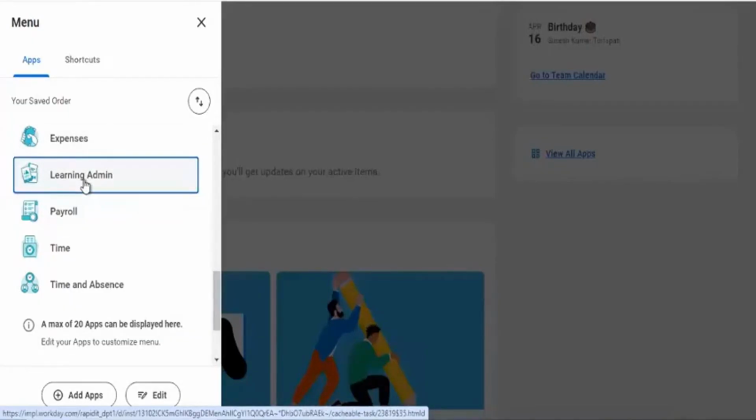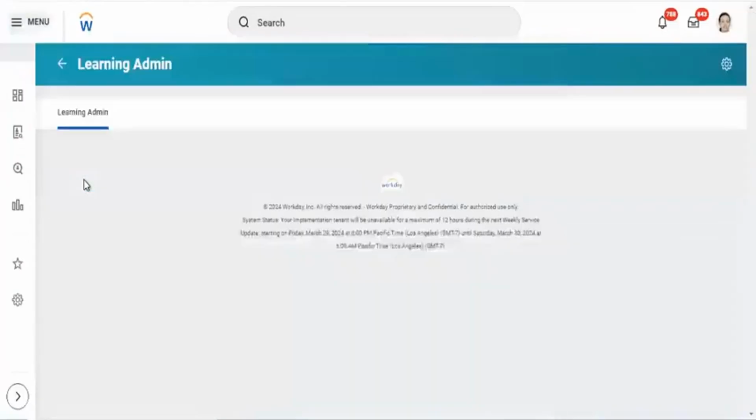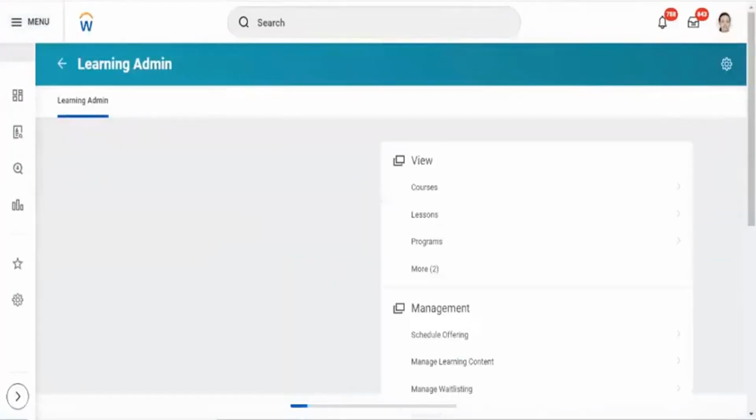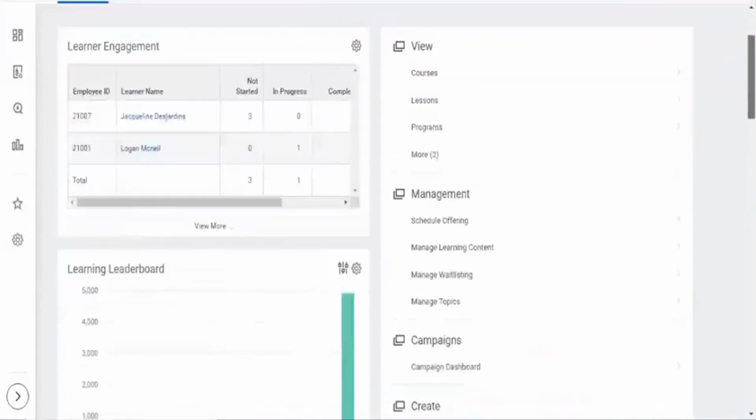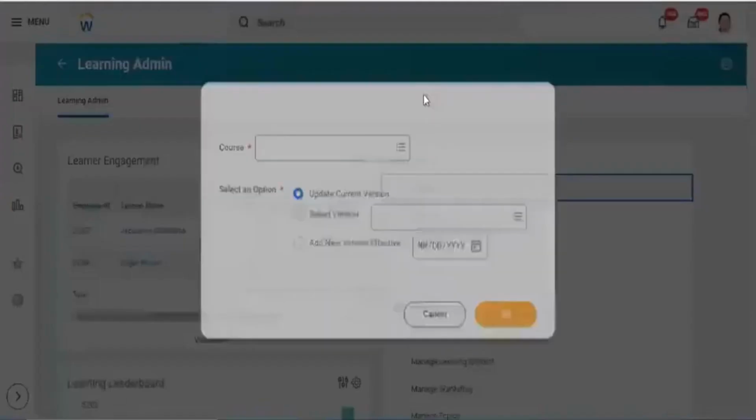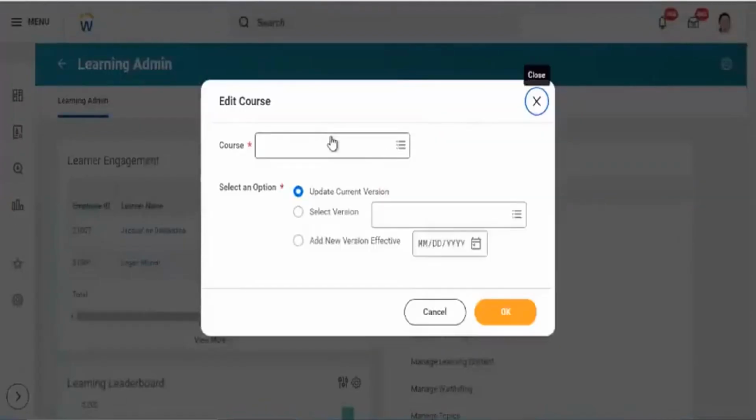Clicking on this will take you to the dashboard. This is nothing but the learning administrator dashboard. You can find all that the learning administrator will be doing. One is viewing the courses: what are all the courses that are there in the tenant?